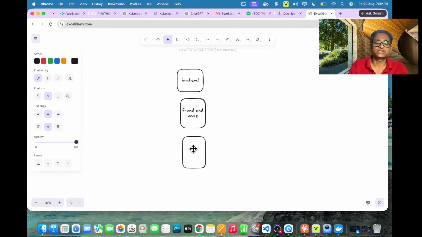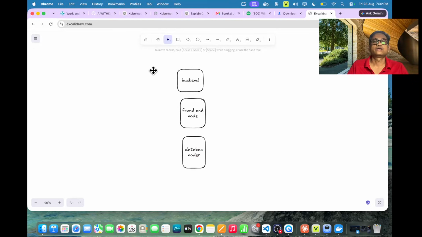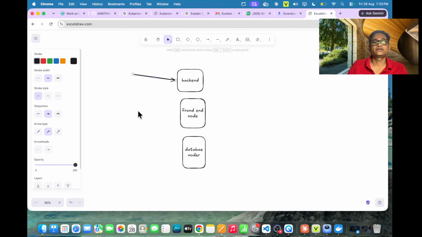Suppose some database node. Now if we don't use the ingress controller, we have to define the different